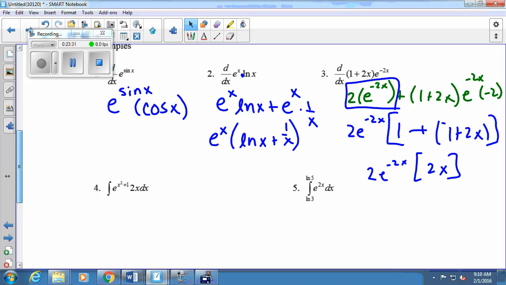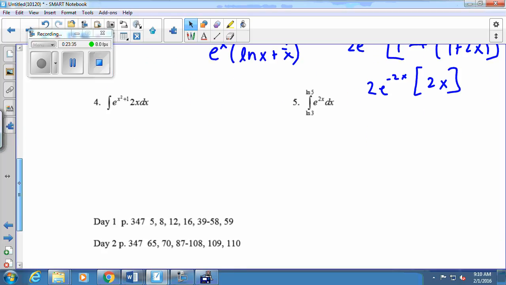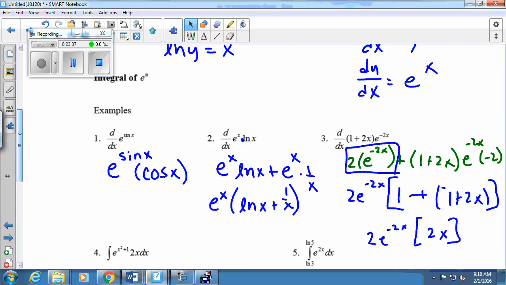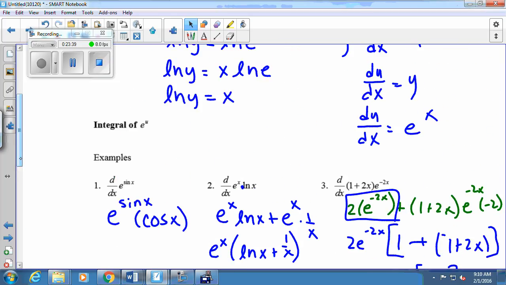Okay, so that's as far as we can take it today. You can see tomorrow we'll be doing some integration and practicing e to the x, but e to the x's are not bad. So this is where we'll take off tomorrow, right on this, and then you'll integrate. So see, your homework says day 1 and